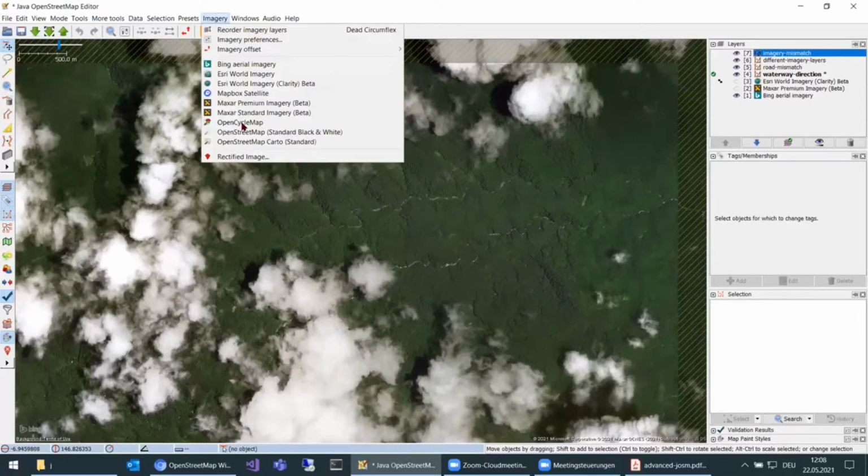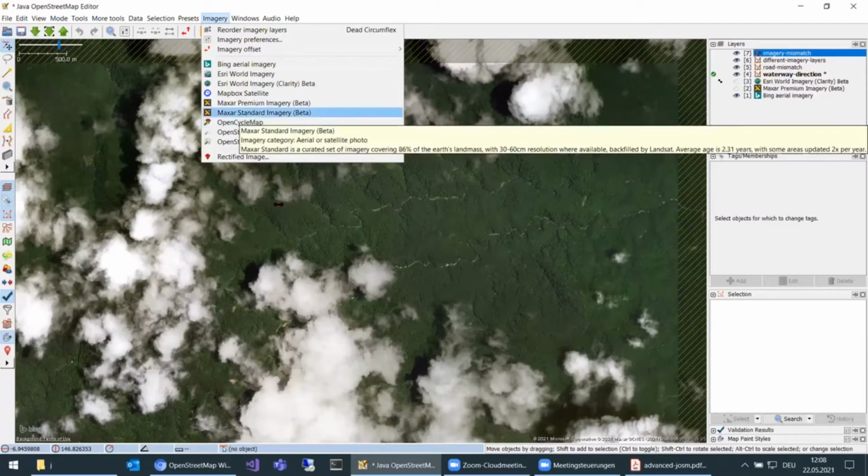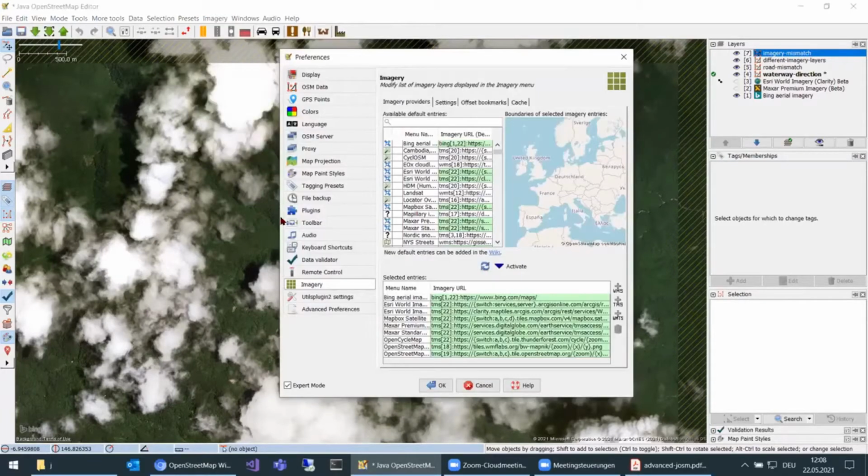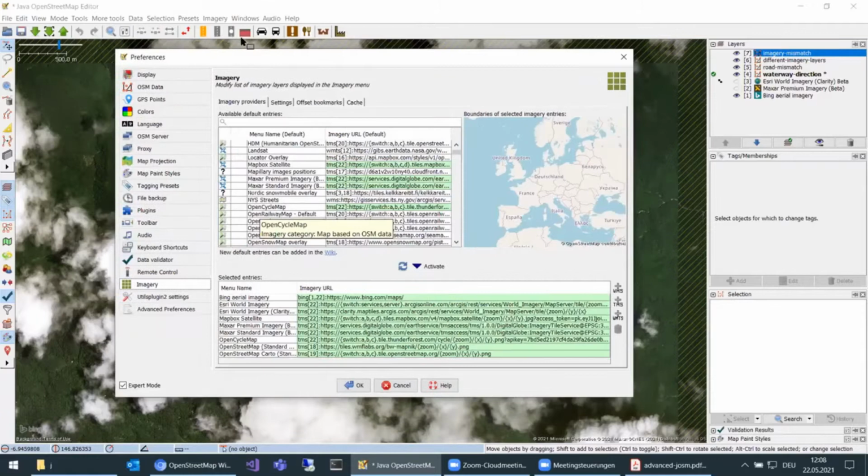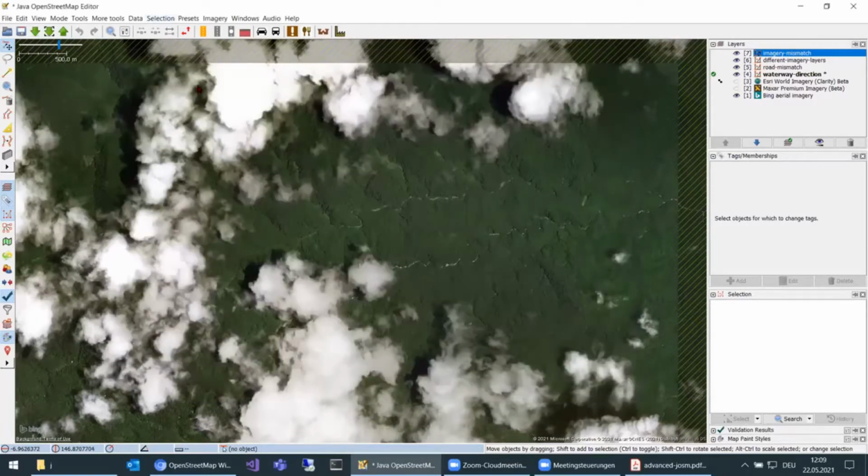And my favorite here is the OpenCycleMap. If that is not standard in your imagery menu, just go to the imagery preferences, and there you'll find lots of those worldwide layers here at the beginning. There is the OpenCycleMap. There is also something called an OpenTopoMap. I think there are one or two others showing contour lines. And if you activate this layer, at least once JOSM lets me,